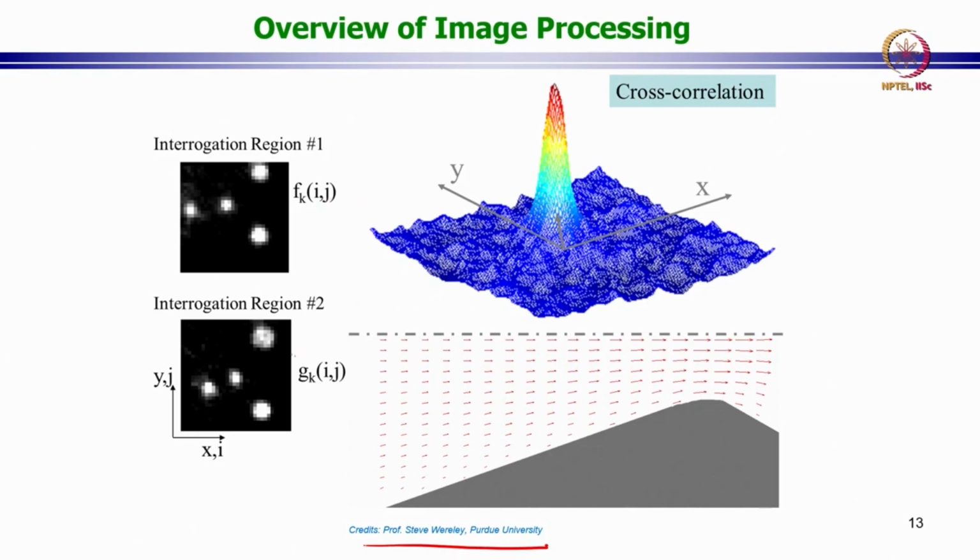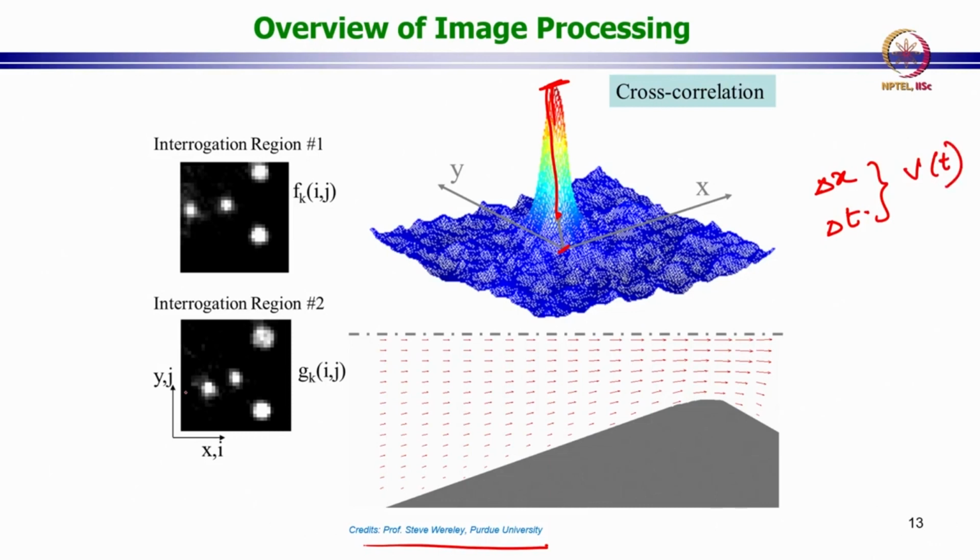So, when we have these two image subregions, you calculate the cross correlation, you find out where this maxima occurs and how far it is from the origin in x and y. So, the location of the center gives you the displacement delta x. You have delta t information already, because that is something that you are controlling through your hardware, and combining this you are going to get v, right. So, the velocity